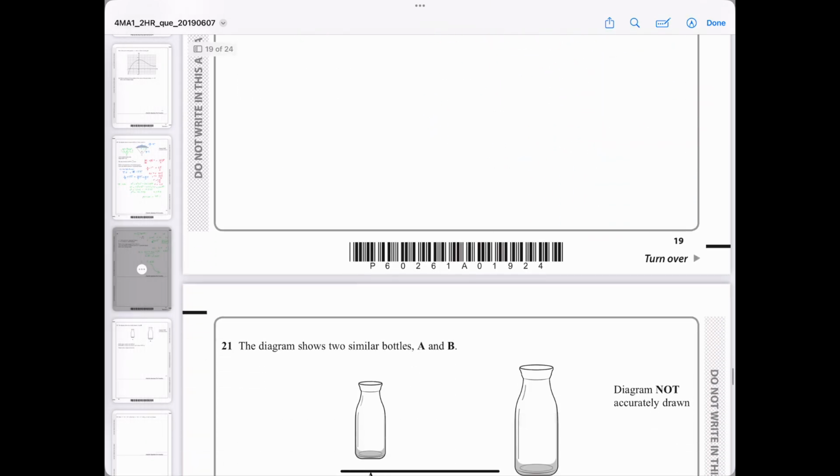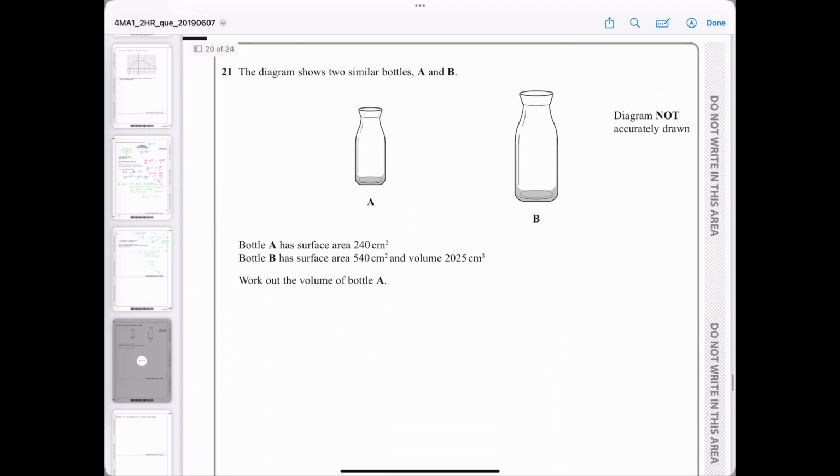And hopefully I can do this one before. So this diagram shows 2 similar bottles. Similar means that they are the same except they're different sizes. Bottle A has a surface area of 240 centimetres squared. Bottle B is 540 centimetres squared and a volume of 2025 centimetres cubed. Work out the volume of A. So if we do a little thing here,